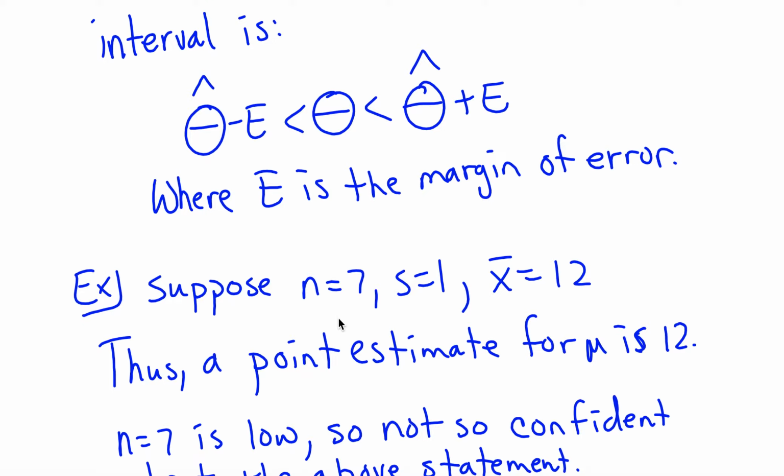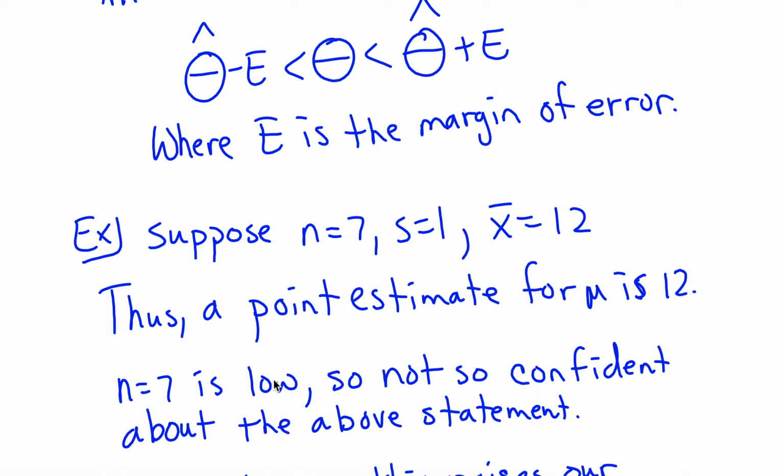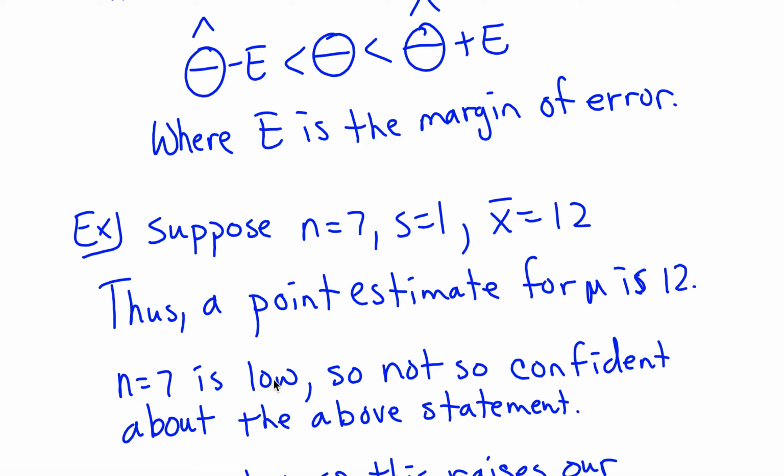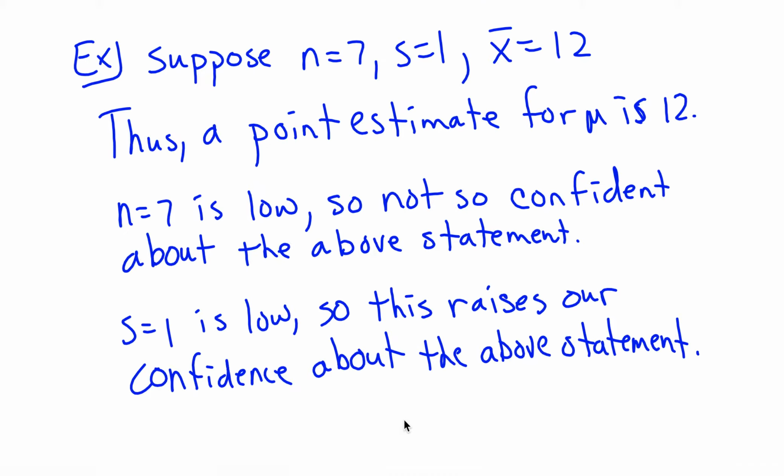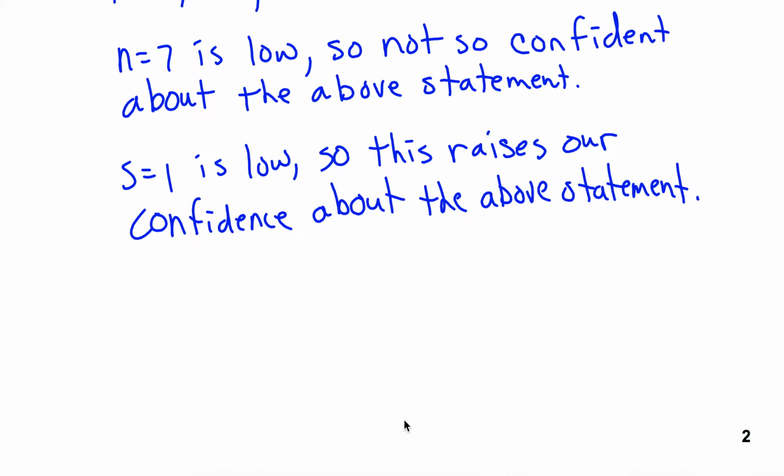So let's just suppose that n equals 7 and your standard deviation is 1 and your x bar is 12. Thus, a point estimator for the mean, mu, is 12. N equals 7 is low, so I'm not real confident about the above statement because n is only 7. S equals 1 is low, so that raises our confidence about the above statement. If you don't have a very high standard deviation, it means your data wasn't very spread out in the first place. So you're pretty confident that your x bar of 12 is a reasonable value for mu,